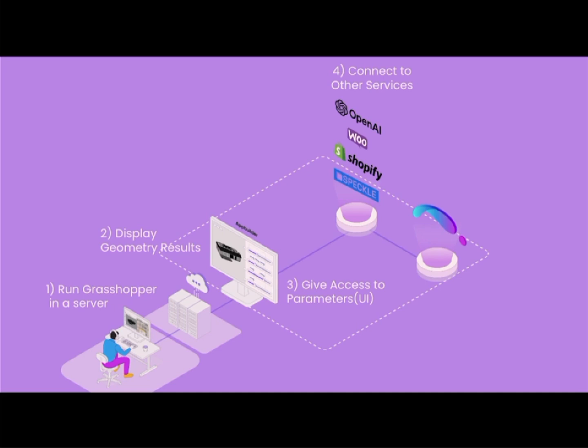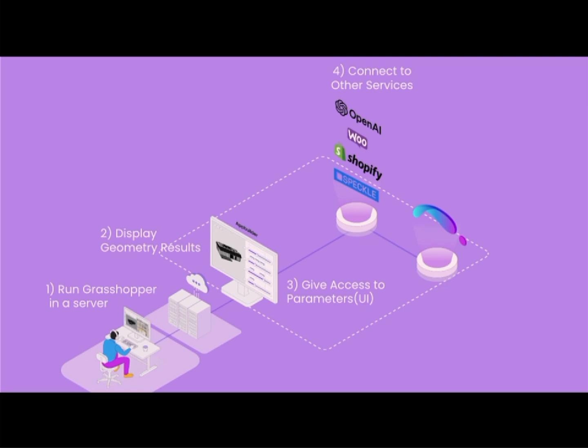But if you don't want to do any coding, but you want to stay, again, within your computational design skills, then you can also use some plugins that we have already developed so that you don't have to do any coding at all. So for example, we have an integration with Shopify or WooCommerce if you are into consumer products. So if you sell rings, furniture, these kinds of things, and you're a great computational designer and you want to sell those products, you can do it directly just by using our Shopify or WooCommerce integration.